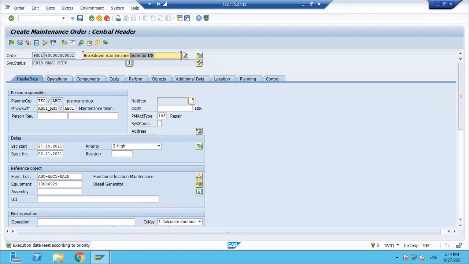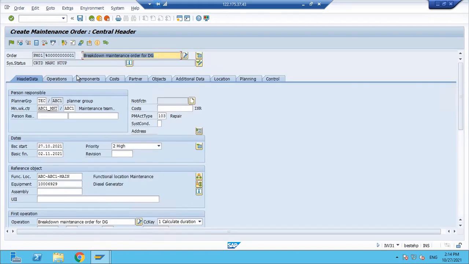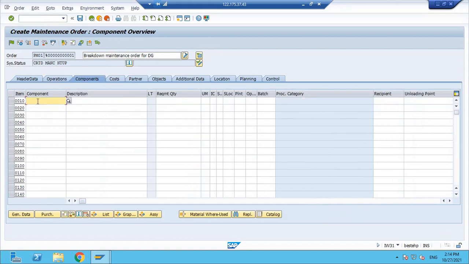Again, this description is the same and PM01, operations, components. Again, I'll issue the new one, right? I'll issue the new one. New, and I'll bring back the damaged one to my storage location, and further I will do the external refurbishment process.